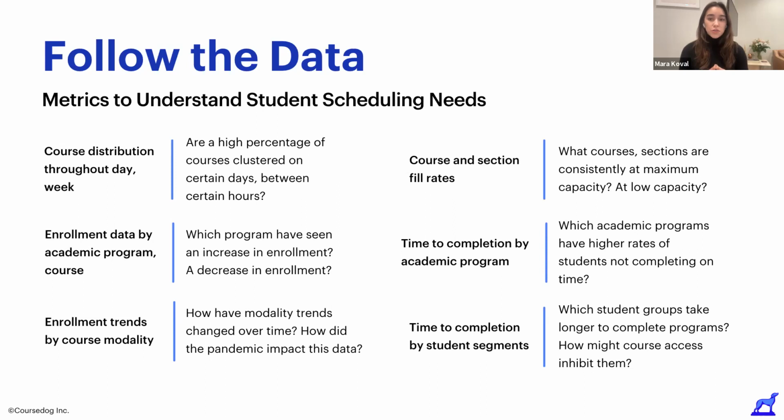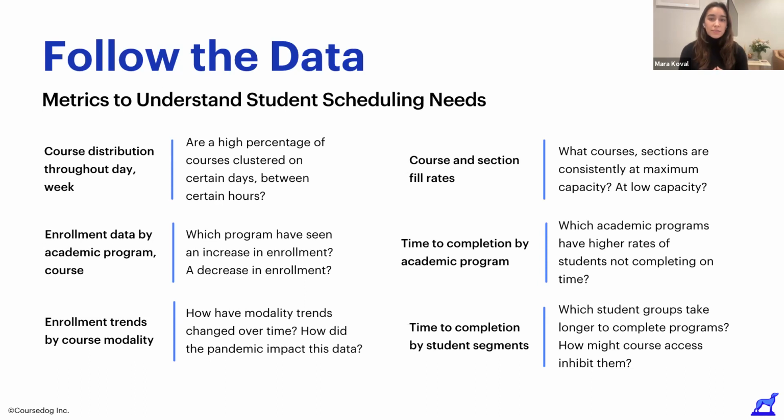Course distribution is also important in the context of program maps. For example, if a student signs up for a program with the expectation that they will take classes at night, all of the courses need to be offered at night as they progress. They shouldn't complete 2 terms and then only find out as they attempt to register for the 3rd term that none of the classes they need are offered at night.